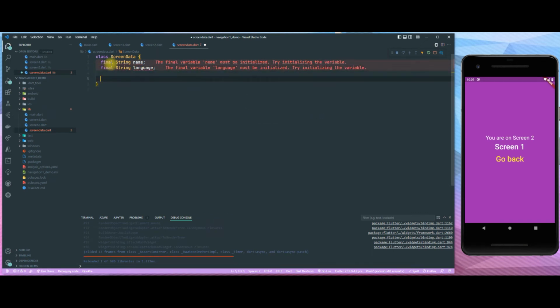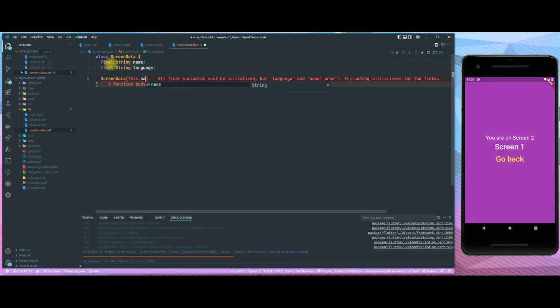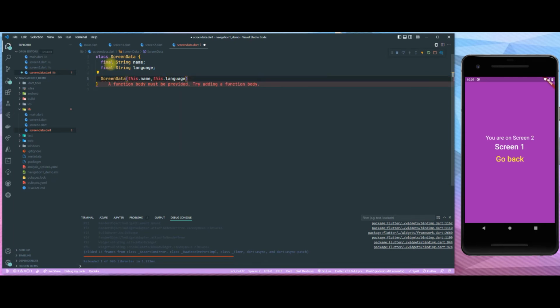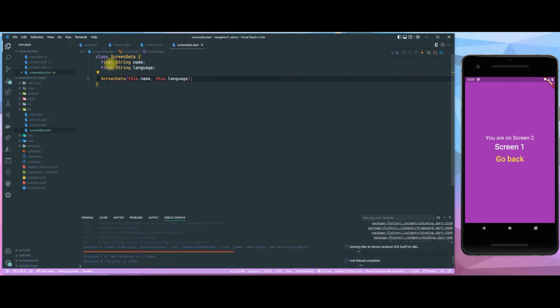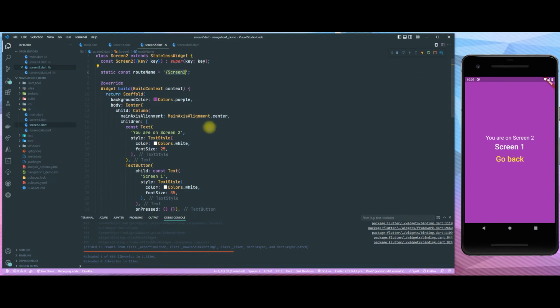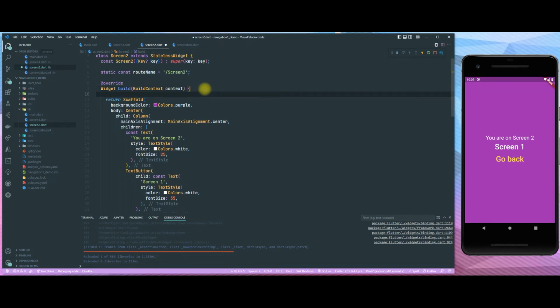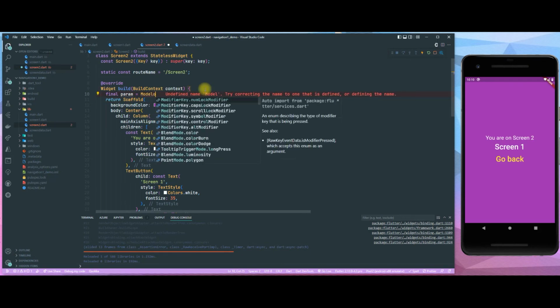Language, for example, screen data, this.name, and this.language. All right, so we have a very simple model, and this is the thing that we want to pass between our applications. Let's say, for example, that we want to accept these parameters or these arguments in screen 2, as we did before. What we are going to do is say final param, for example, and here we are going to call the model